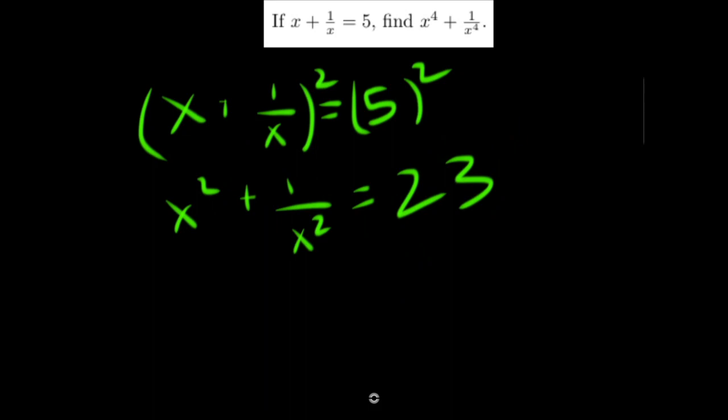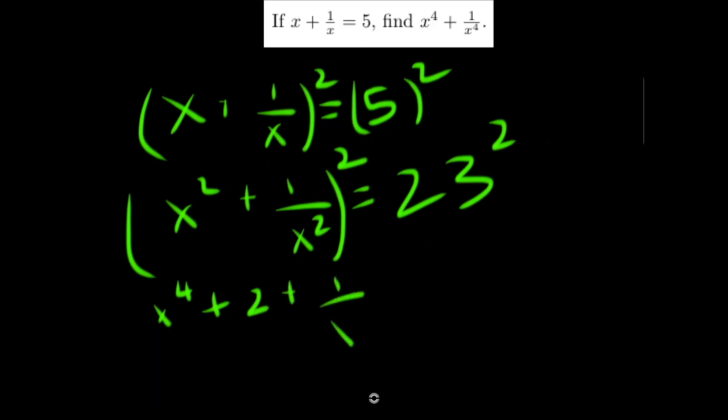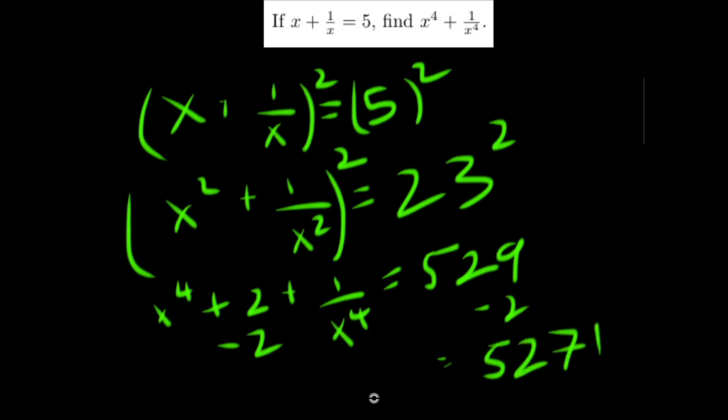We do x squared plus 1 over x squared. We square that whole thing, and then we square the 23 as well. So we square this. You're left with x to the fourth plus 2 plus 1 over x to the fourth is equal to 23 squared, which is 529. Then you just subtract the 2, and you get x to the fourth plus 1 over x to the fourth is equal to 527. So these types of manipulations, I think, are starting to become more common in competitions, also in just tests